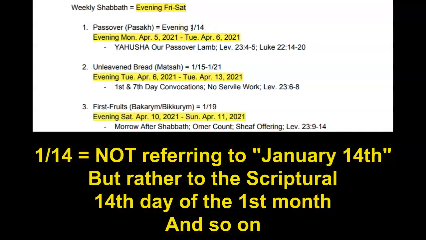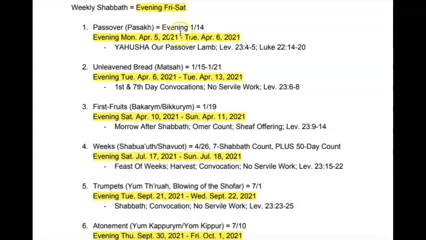No, this is not talking about January 14th. This is talking about the scriptural 14th day of the scriptural first month, and we'll go over more of that in case you're new to this or wondering what I'm talking about. But it's from Monday, April 5th to Tuesday, April 6th, 2021. Yahusha is our Pesach Passover lamb. You can learn more about that in Leviticus chapter 23, verses 4 through 5, and Luke chapter 22,